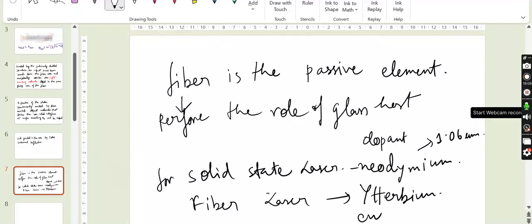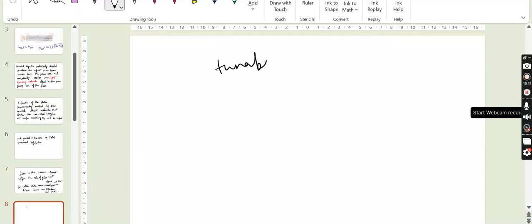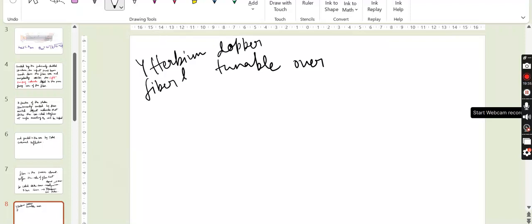So this is for both CW and pulse operation, and they are tunable as well, from 1.02 to 1.12 micrometer. Although the very first fiber laser made use of the neodymium molecule as its active medium, this has not gained popularity